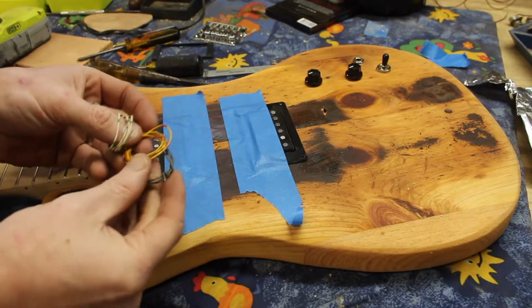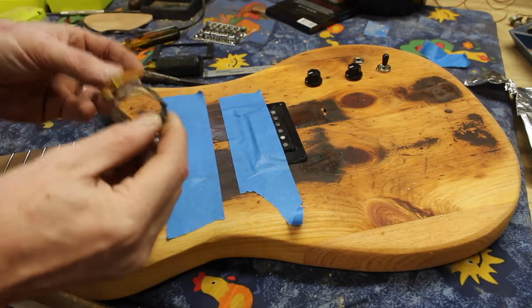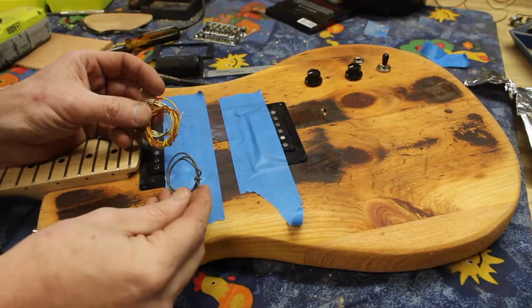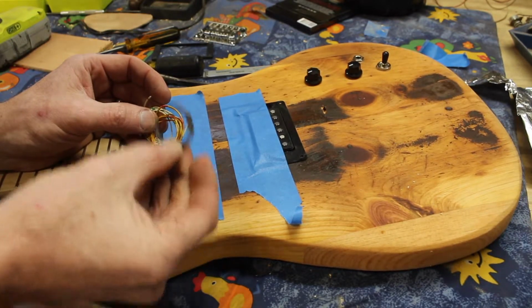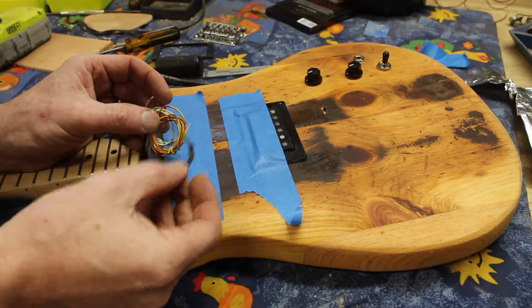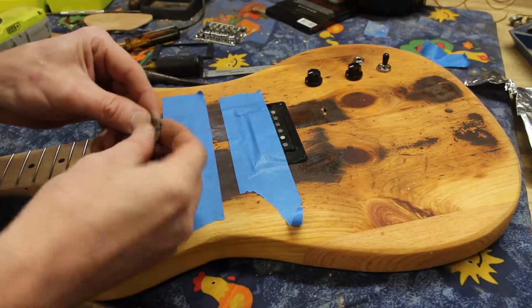I use all this reclaimed wire, of course, from pinball machines because that's what I do, and so I don't have necessarily black, red, or whatever traditional colors you're used to seeing. But the way I do it is the dark color is always ground. So sometimes it's dark blue, sometimes it's black, sometimes it's gray, but whatever's dark is ground. So I'm going to take some of this ground wire